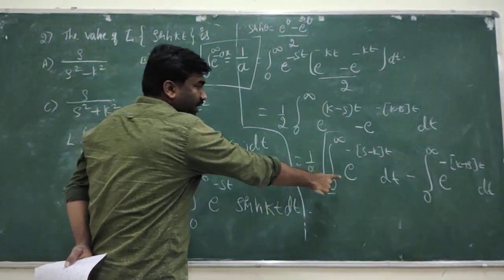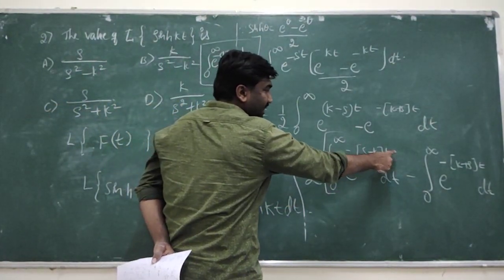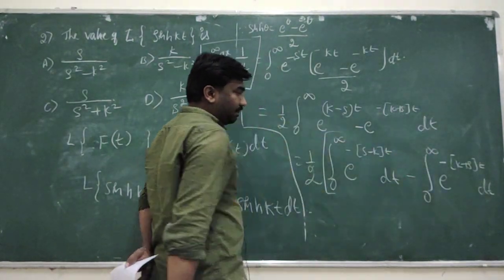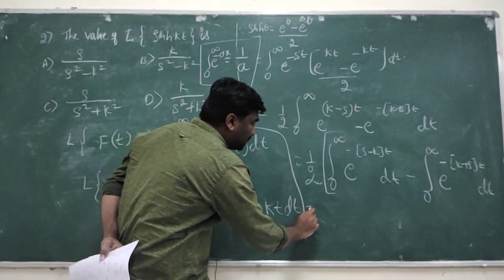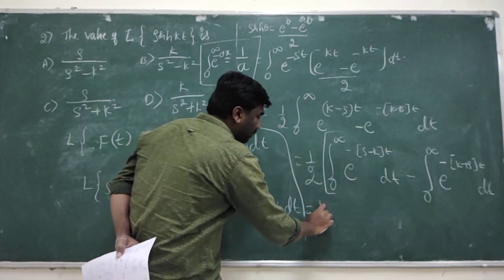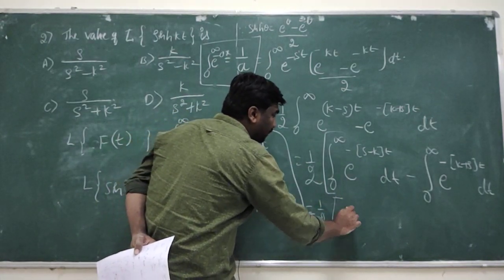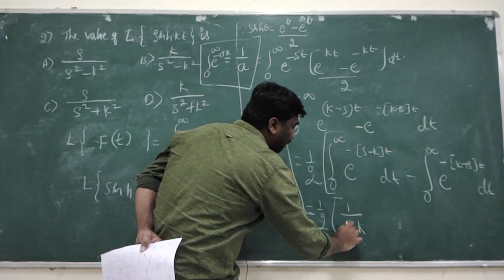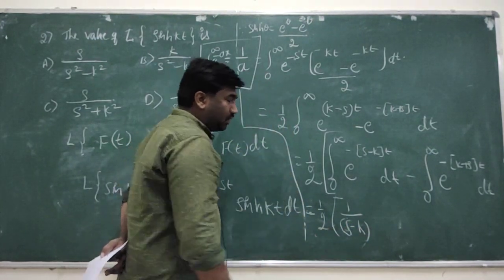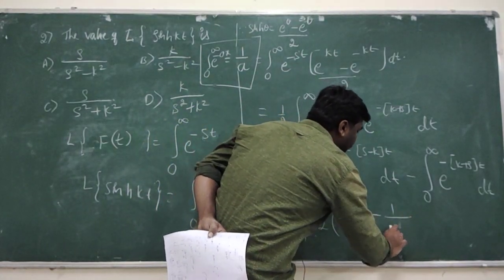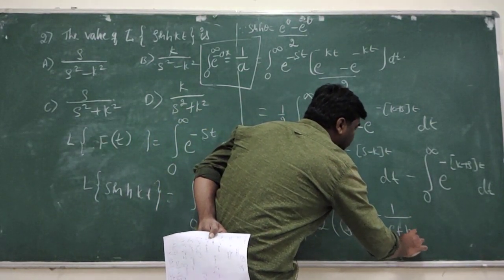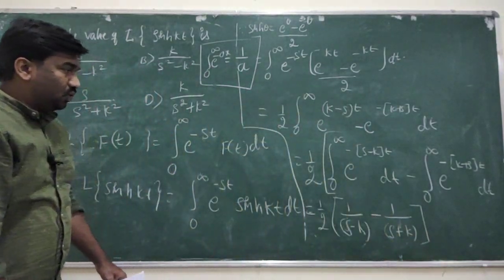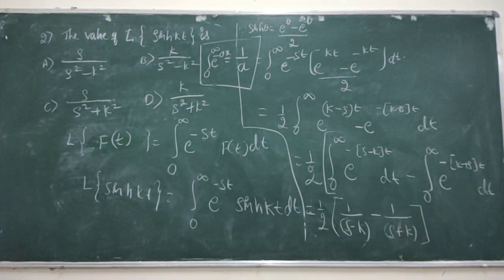So it looks like e to the power minus ax dx and e to the power minus ax dx. After simplifying this, we will get 1 by 2 into, so this is 1 by s minus k and minus of 1 divided by s plus k. Okay. So next, after simplifying that,